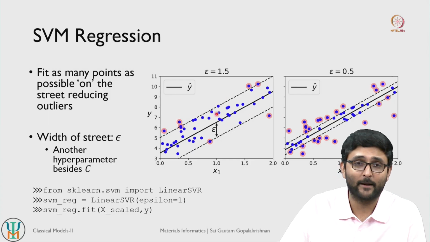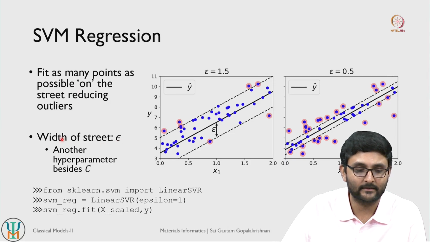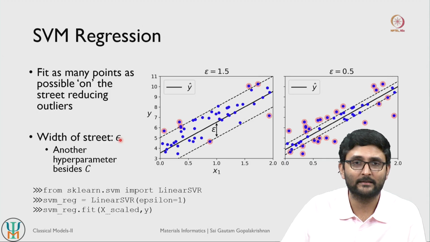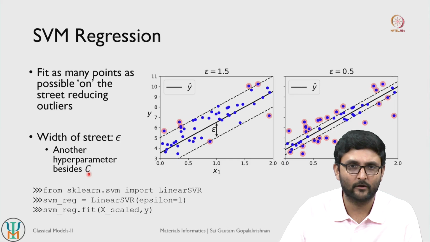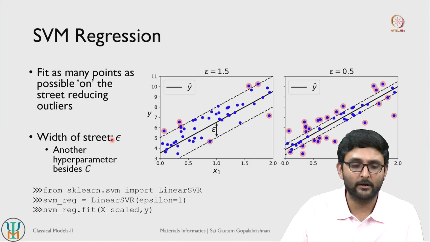There is one more hyperparameter that comes up when you have to do regression along with the support vector machine, and that is the width of the street itself, which is referred to as the epsilon parameter. So epsilon is an additional parameter that works besides your C hyperparameter. C still tries to regularize or increase or decrease the variance of your model, but you can also include an additional parameter of epsilon that controls the width of your street, right.